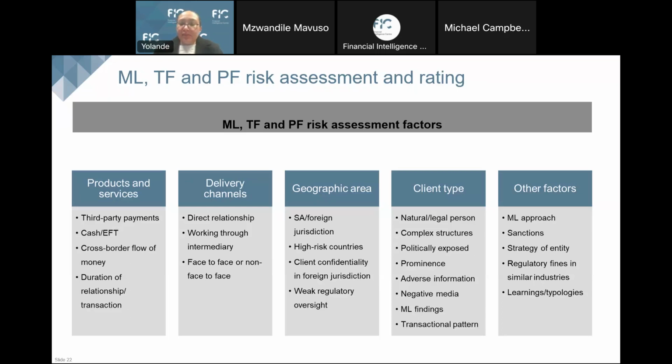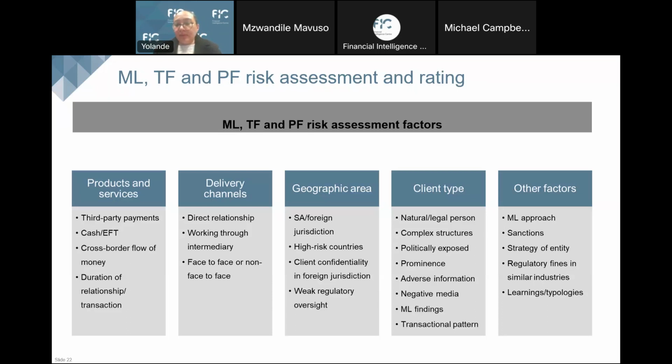Client type, we deal with various different clients. If your client is a natural person, there you know exactly who you're dealing with, as opposed to a legal person. That legal person might have beneficial owners that you would not want to deal with, be it sanctioned individuals or beneficial owners that are part of criminal organizations and so forth. So the client type does impact risk. Whether or not your client is politically exposed, it definitely impacts risk. So whether or not there's adverse media findings on your client, that might impact the risk. There's also other factors that you can take into account, like